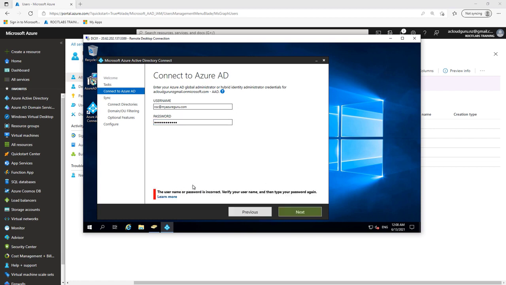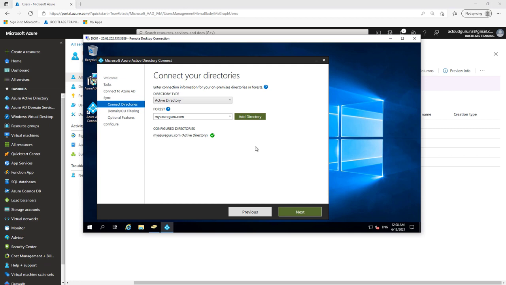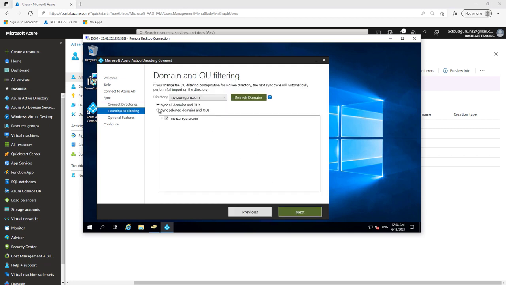And this is going to go along and verify my credentials. If my credentials were wrong, I'd get that error. I'll go next again, and this will go away and confirm everything. As you can see now, it's examining the domains and it will do a sync up. So again, we could sync to Active Directory. If I go next, I could choose what options I want to sync by selecting domains and OUs,